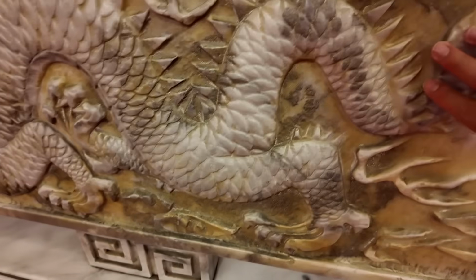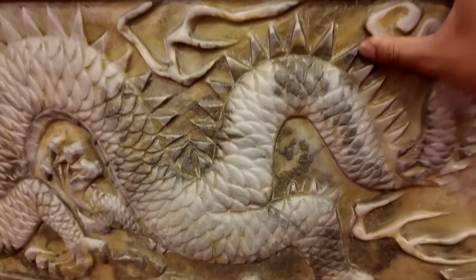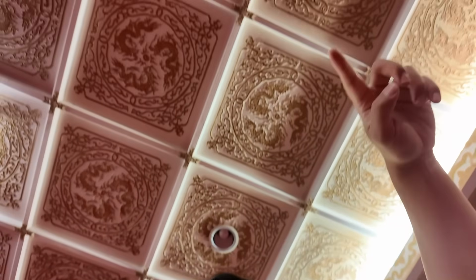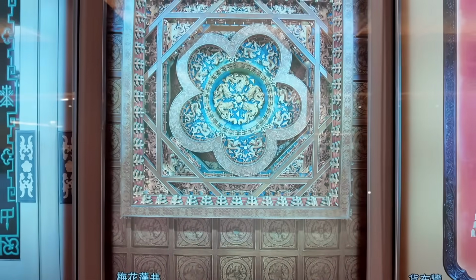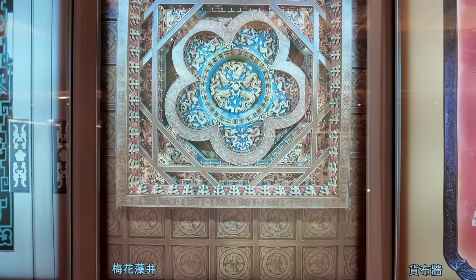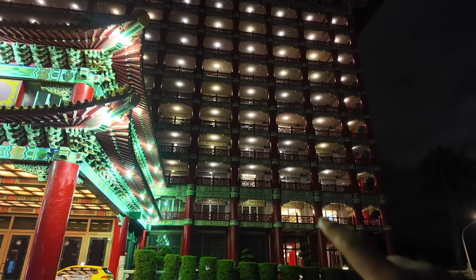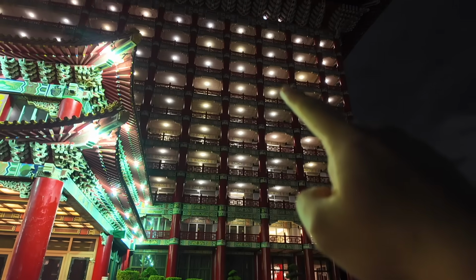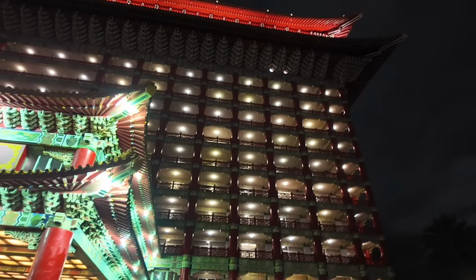Okay, this is like one dragon. I believe this is limestone. Every single one of them. And then that's just the dragons, and then you have the phoenix, carved onto the roof and the ceilings. I can't count the number of floors, but I'll try. So I got 1, 2, 3, 4, 5, 6, 7, 8, 9, 10, 11, plus the main floor is 12